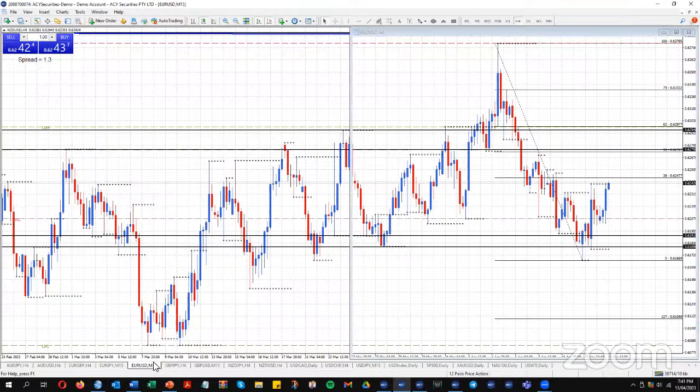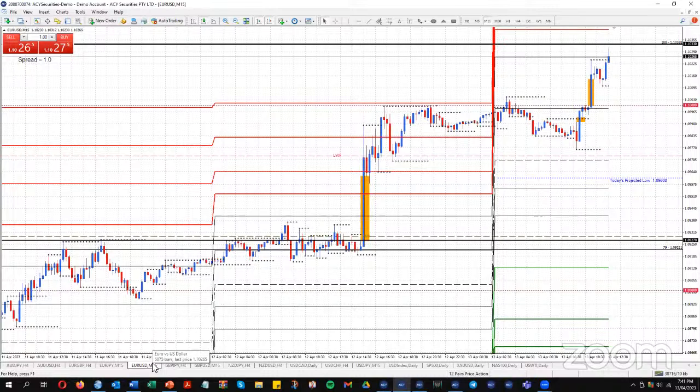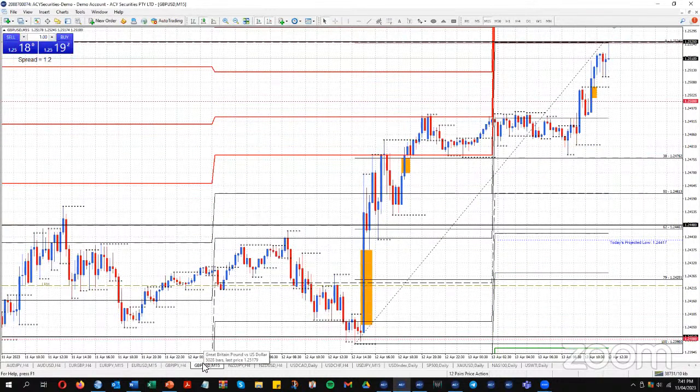Just want to head back to the euro dollar a moment. So we've been a pip or two short of that January high. And the pound dollar. So you can see both of those pairs. The market knows, even if you're, I'm not aiming this at anybody who's on the webinar tonight, but if you're just a dumb trader that doesn't know anything, irrespective of anything, you would be seeing that candle retrace at the moment. Now, you might not know why that's retracing, but the market knows why it's retracing, because there's a clear level of resistance up there.